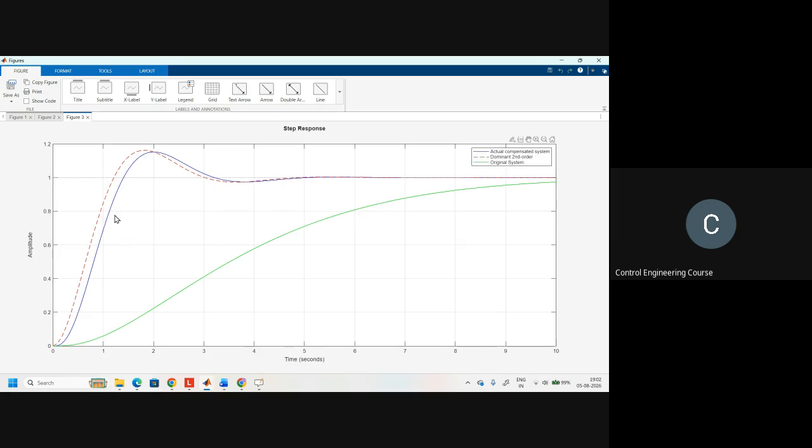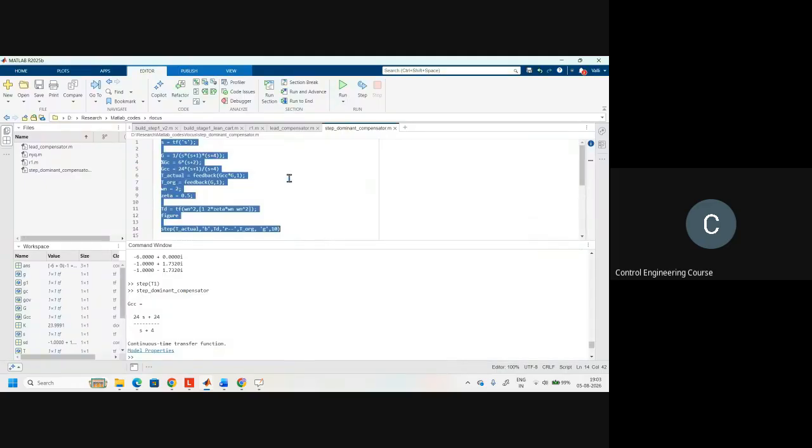Now the designed controller is with the dominant pole, the lead lag compensator. We got the blue color one. This is the response after the designed controller, and this is the desired pole response. There is a small difference between these two because of the additional pole we have added, the PC. Because of that there is a difference. So understand this design part.